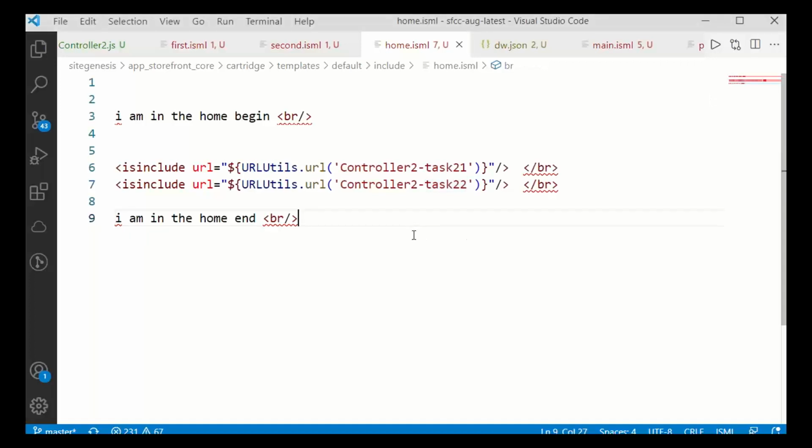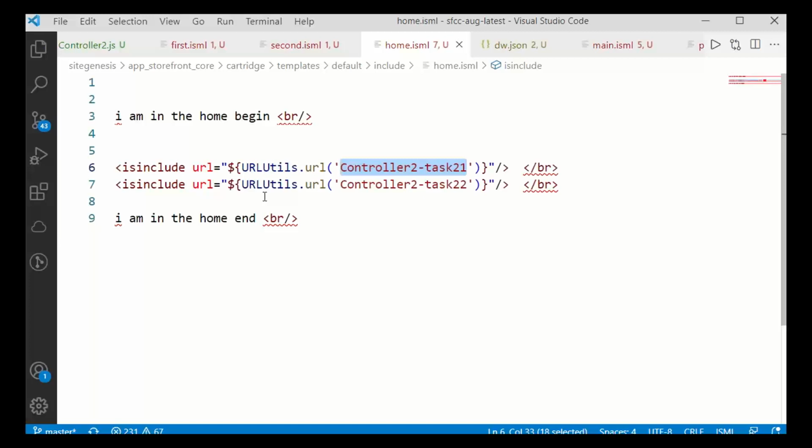In case of remote include, template giving a call to one of the task through URL. Is include through URL. What is the URL? Task 2 1. You are not including straight away another template here. We are getting another template through a controller.